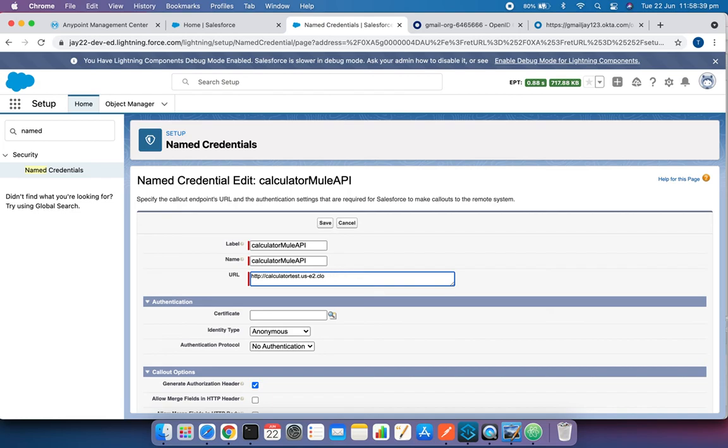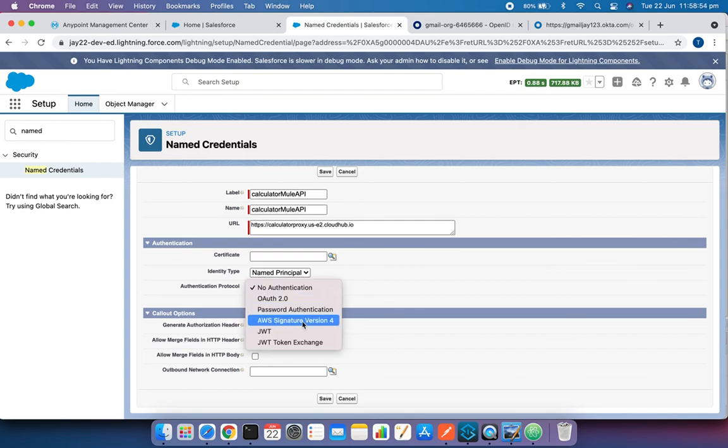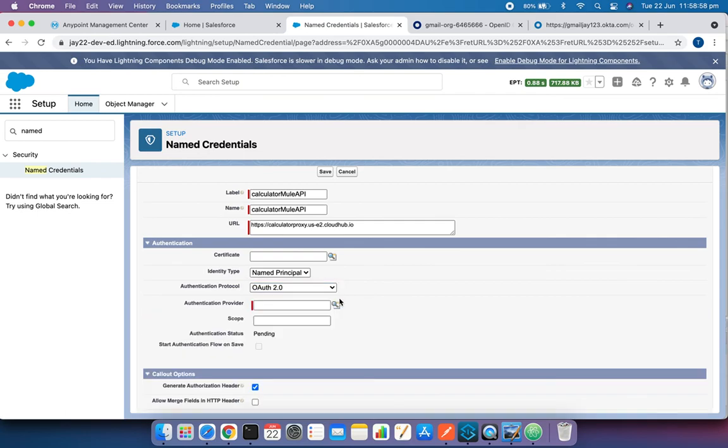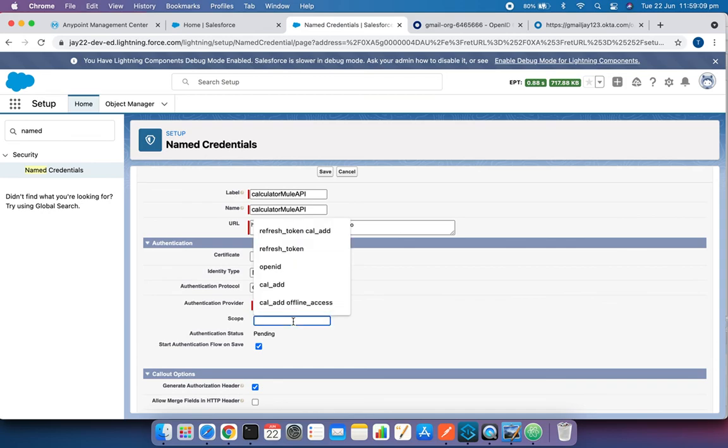We have to say https colon this guy. All right, here the named principal, and then here we will select the OAuth 2.0 auth provider, right? If you remember, this is what we just now configured as the auth provider. All right, now the scope. In scope we have to select this guy, call underscore add. This is the scope that is used by our API, and this other scope we have to use so that Salesforce can use the refresh token,